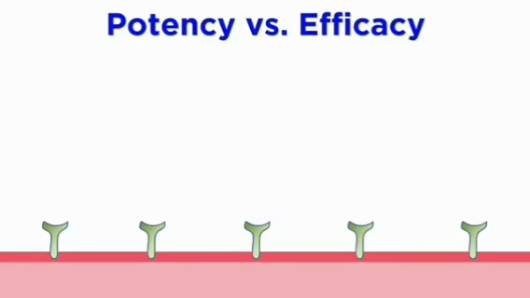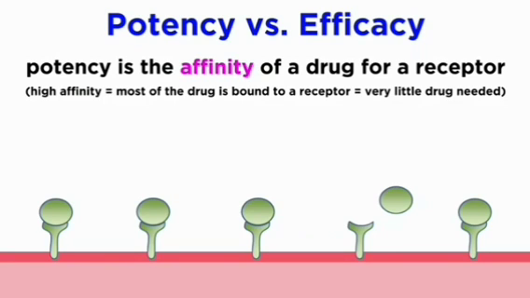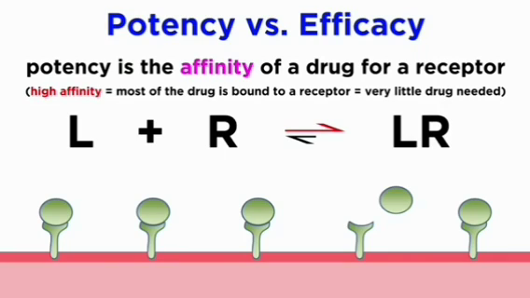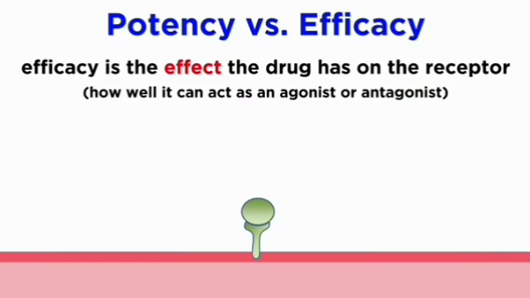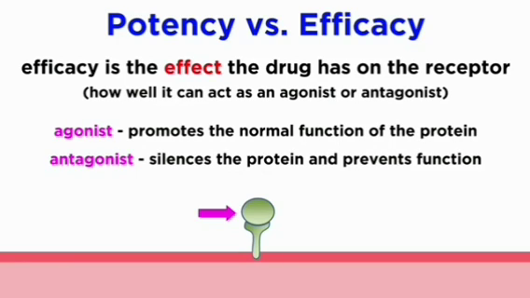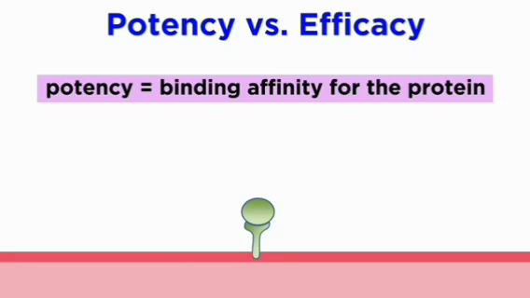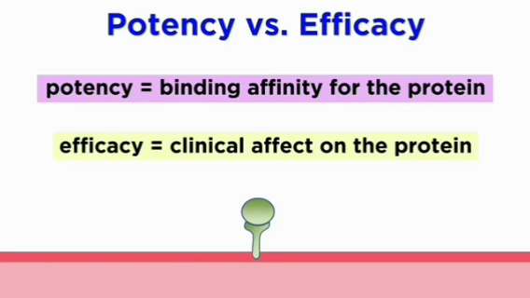Now that we understand affinity, we can conceptualize potency and efficacy in a slightly different way, using receptors as an example. Potency is the affinity of a drug for a particular receptor. If the affinity is very high, most of the drug will be bound at any given time, and thus very little of the drug will be needed to occupy all the receptors. Efficacy describes the effect the drug has on the receptor once it is bound, or the degree of its ability to act as an agonist or antagonist. So potency is related to affinity, whereas efficacy is